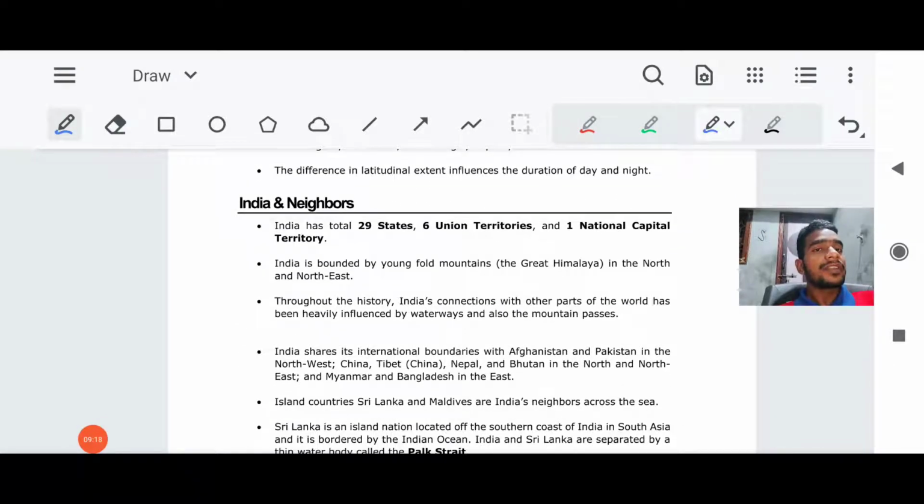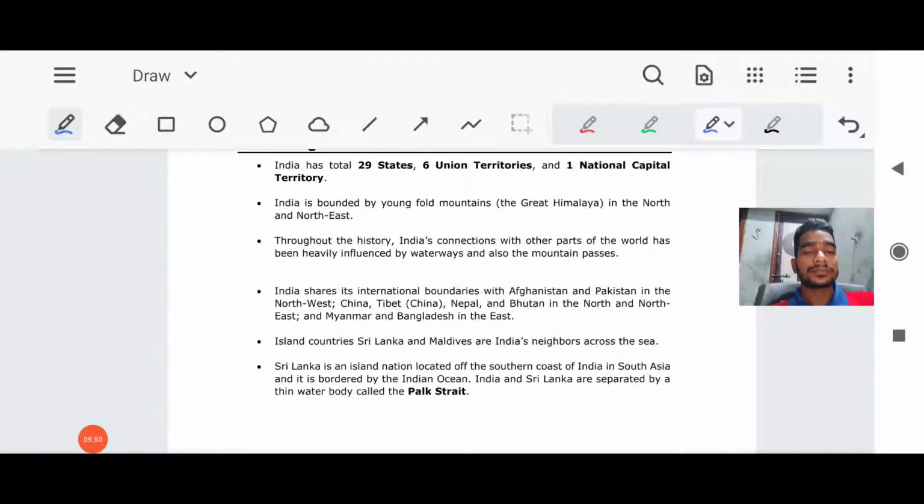Now if I talk about the neighbors, India has 29 states, 6 UTs and 1 national capital territory. It means Delhi, the capital of India, is also a UT. India is bounded by young fold mountains, the Great Himalayas, in the north and the east. Throughout history, India's connection with other parts of the world has been heavily influenced by waterways and mountain passes. So India shares its international boundaries with Afghanistan, Pakistan in the northwest, China, Tibet, Nepal, Bhutan in the